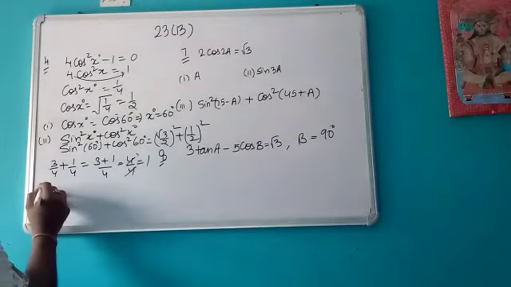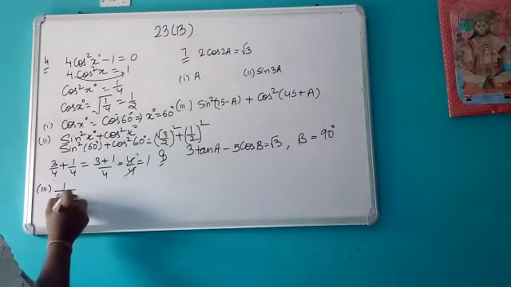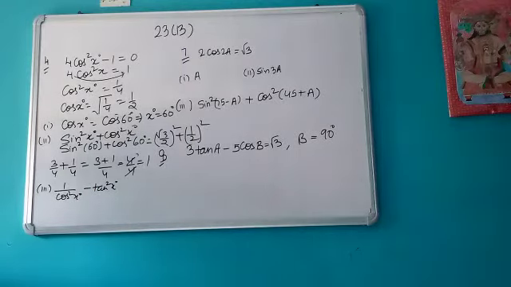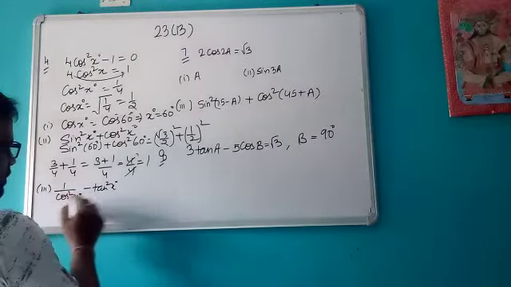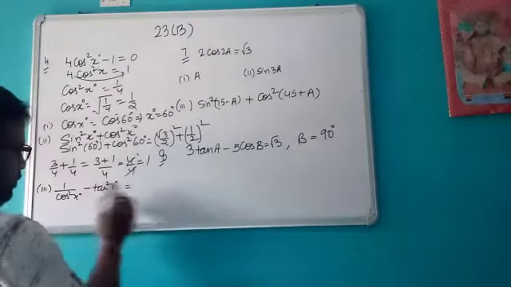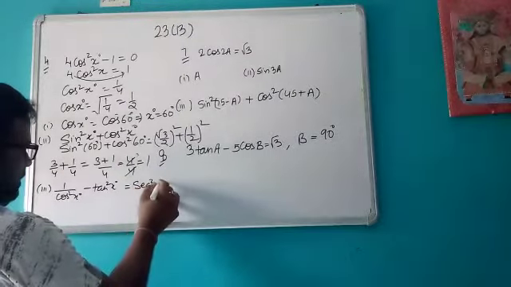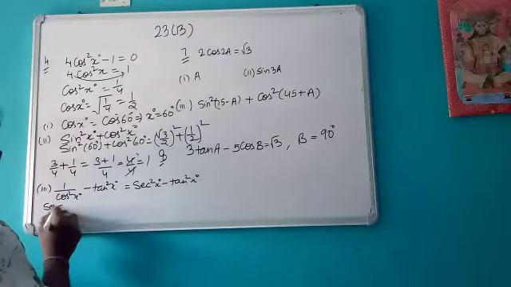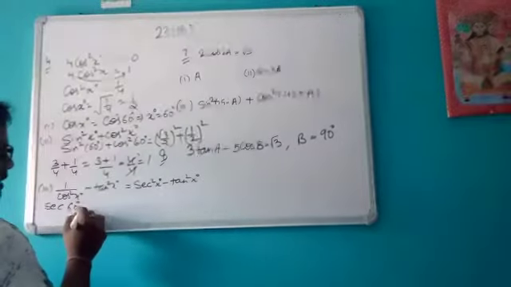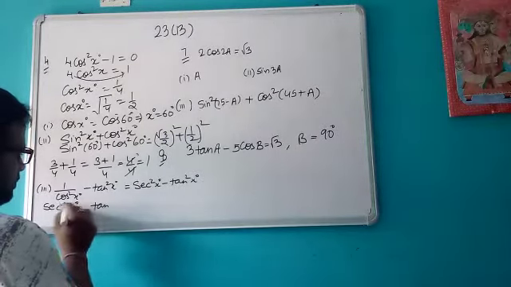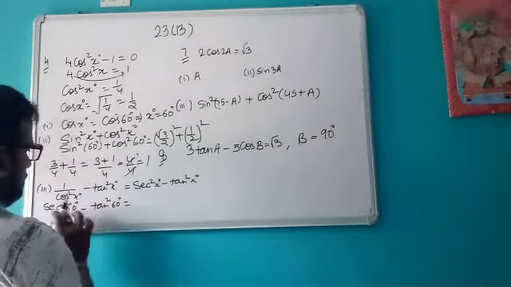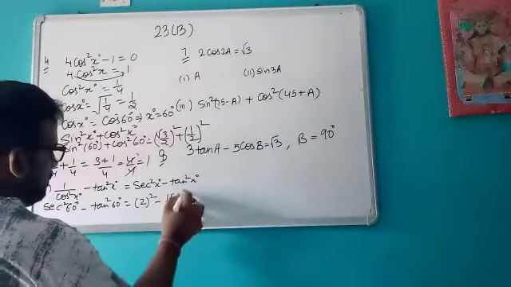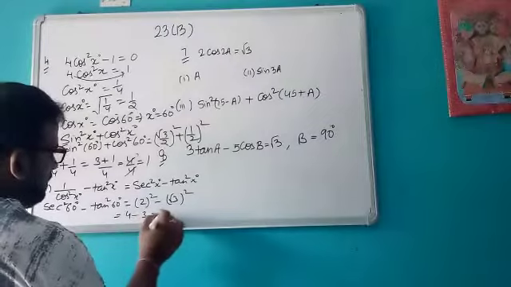1. Next part is, we have to find the value of this. We can write it like this: 1 upon cos, that is sec square x degree minus tan square x degree. Then put the value of x, 60 degree. So what is sec 60 degree? 2 square minus root 3 square. So 2 minus 3, that is 1.